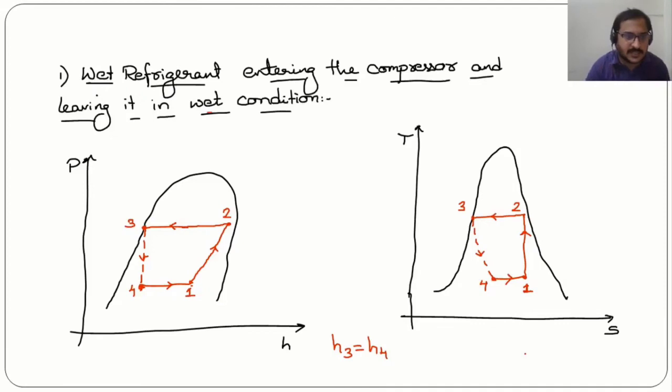Now try to understand here. There will be two major pressures. One is the condenser pressure, which is the highest pressure of the cycle, from 2 to 3, and the lowest pressure is the evaporator pressure, which is from 4 to 1 here. Now conditions 4 and 1 we have to take corresponding to the lowest pressure, whereas 2 and 3 we need to consider at the highest pressure here.